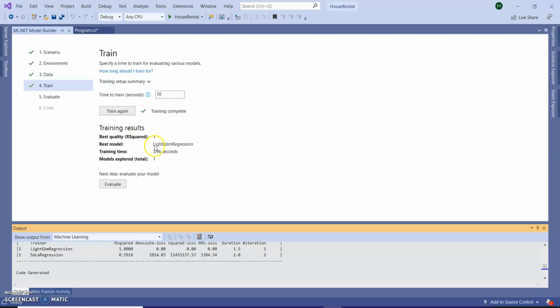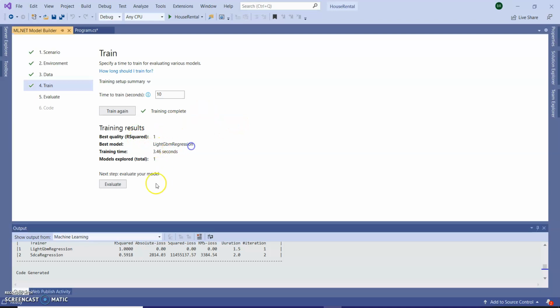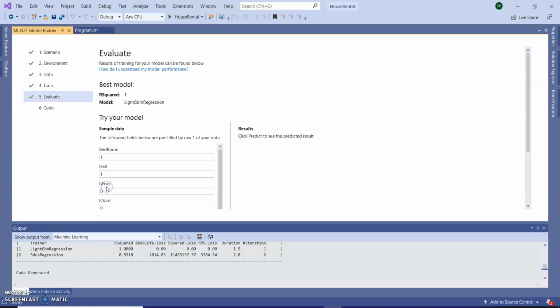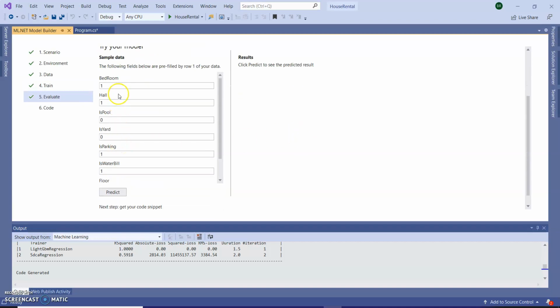So here we can see the LightGBM regression model. Next click on evaluate. Here is just a demo, like how many bedrooms I want. Next click on predict. So automatically rent is coming based on our existing records.